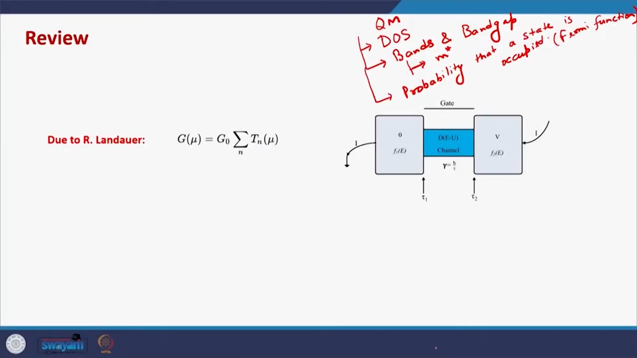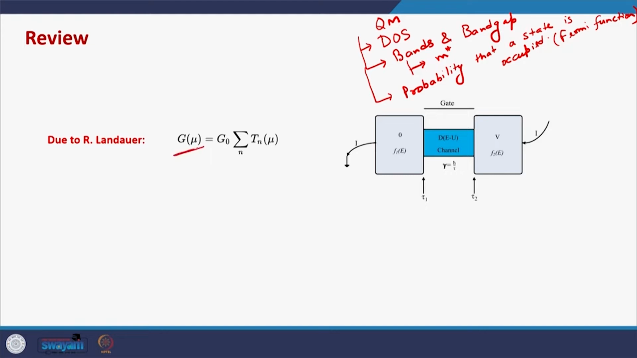Mesoscopic means they are not of atomic dimensions, but they are a few tens of nanometers, which is actually the dimension of transistors in 2020 or even nowadays. Okay. So, this formalism of electron transport in devices was originally given by Landauer, and according to Landauer, the conductance